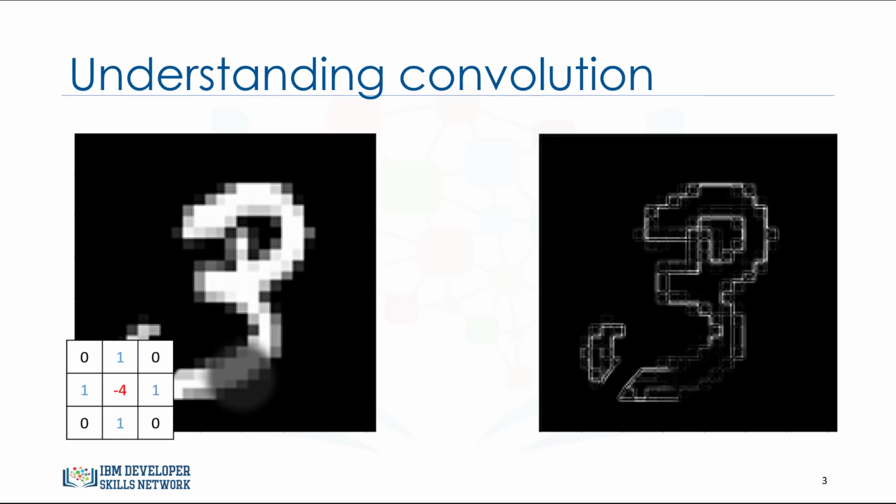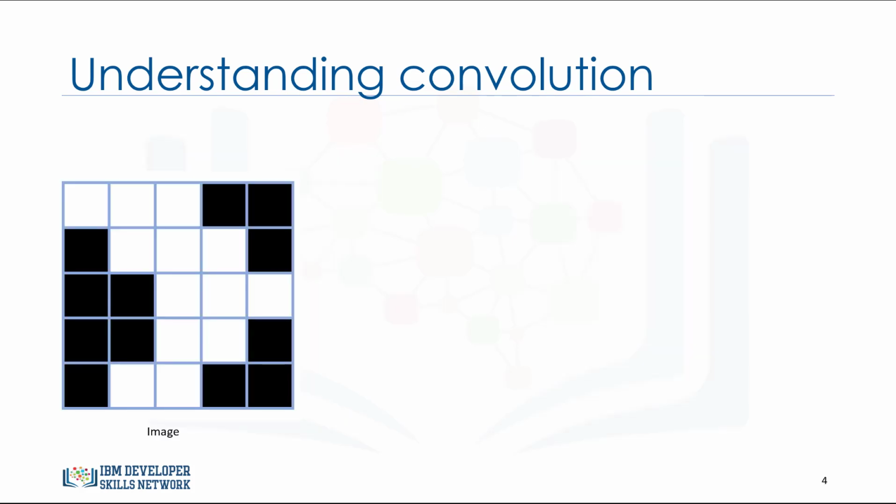That is, applying the filter to the left image will result in the right features that are typically useful for the initial layers of a CNN. In fact, the output is one of the very first primitive feature sets in the hierarchy of features. It is one of the key concepts behind CNNs. Now, the question is, what really happens mathematically when we apply a filter or kernel on an image? This brings us to the convolution process.